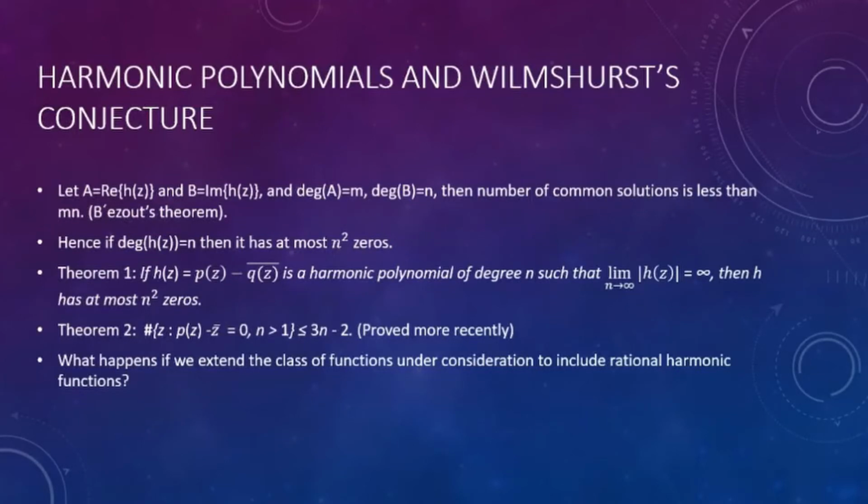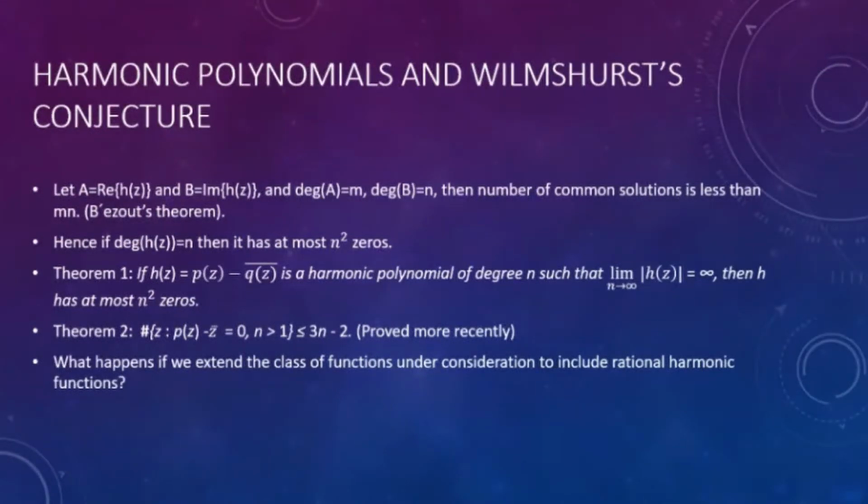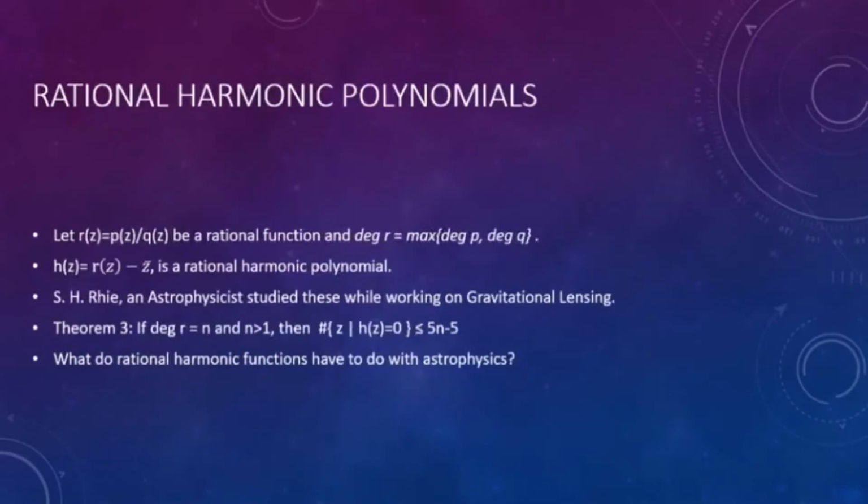So after we get this result, the obvious question would be, we take p of z and q of z as normal polynomials. So what if we can extend this to rational polynomials or rational harmonic functions? Do we get an upper bound on the number of zeros? It turns out that an astrophysicist, S.H. Rhie, studied this while working on the gravitational lensing field,